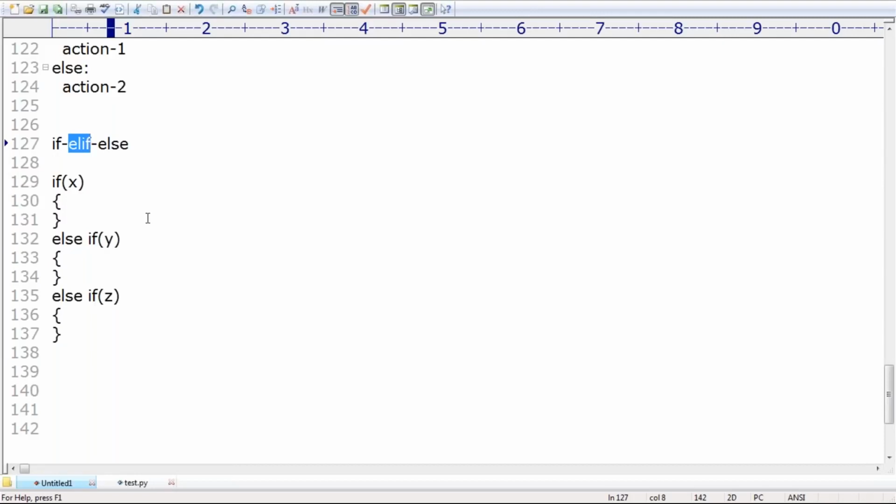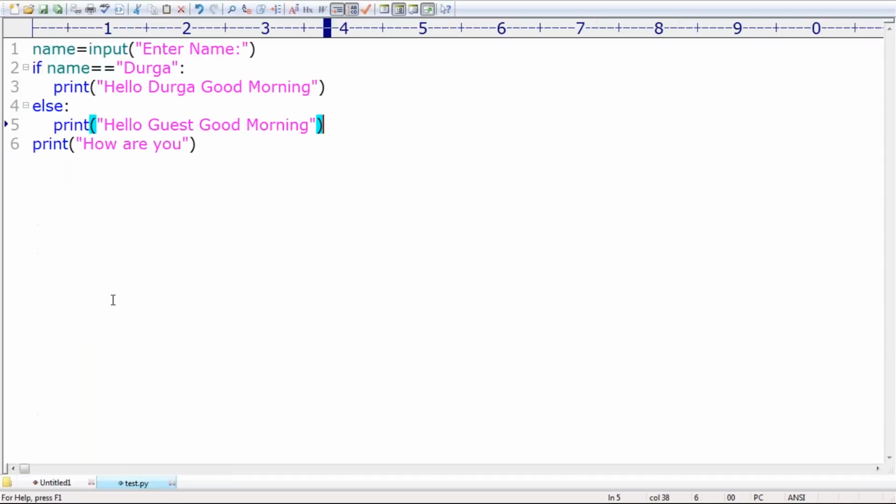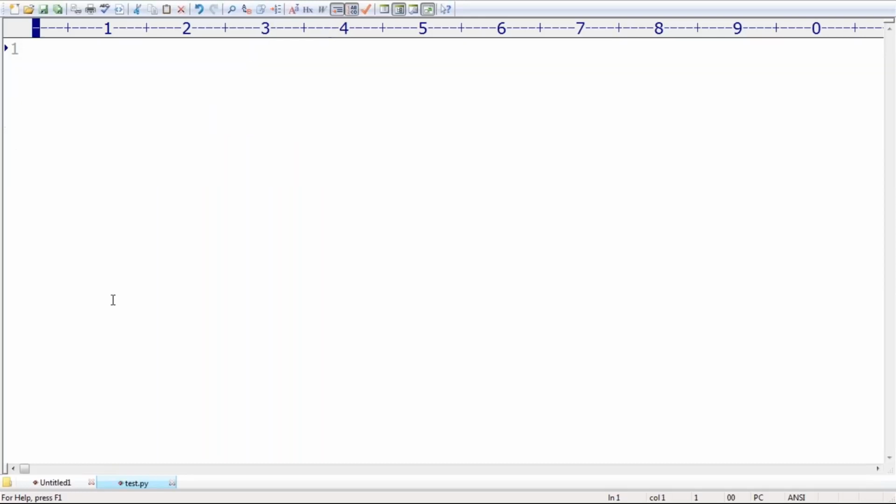We are going to use the elif word, right? Clear? Are you able to understand the meaning of elif? Elif means else if. Else if is also known as elif. Now let me go for a small example with this if, elif, else syntax.